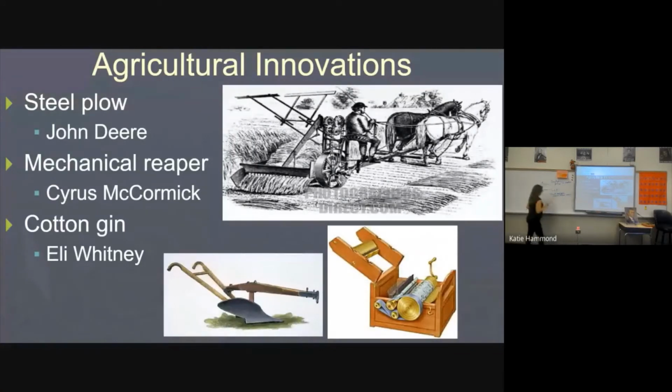Okay, so for the impact, it's going to be a couple of things. One, it's going to encourage westward expansion. Because remember, we're getting all this land from the Louisiana Territory and all this kind of stuff. We'll eventually get parts of Mexico. And there are people who want to go out on the frontier. They've heard about the Indians and the buffalo, you get what I'm saying? Like the stories you hear. But now they feel like they can actually protect themselves because they have a revolving pistol. They can shoot multiple times if they need to.